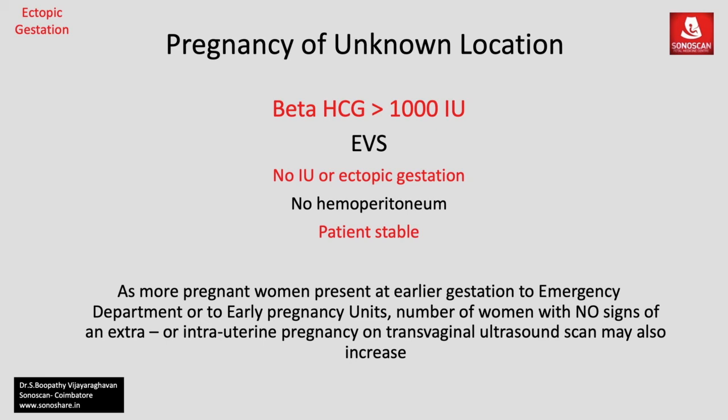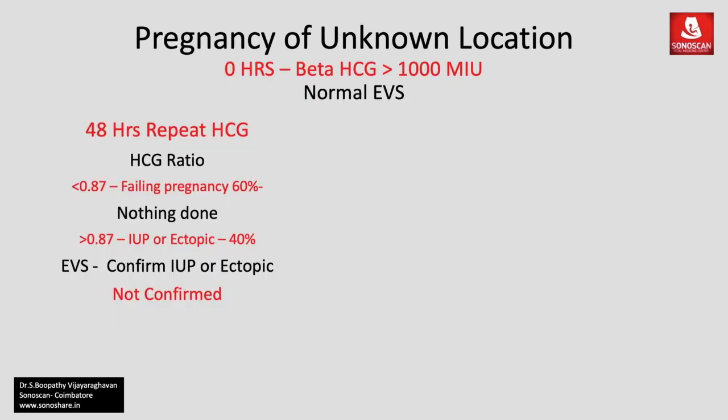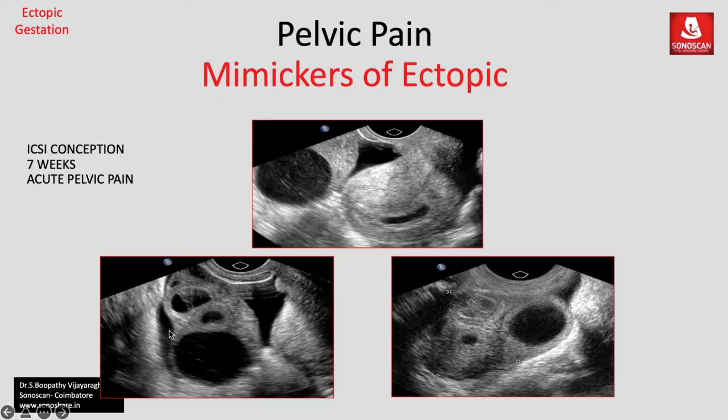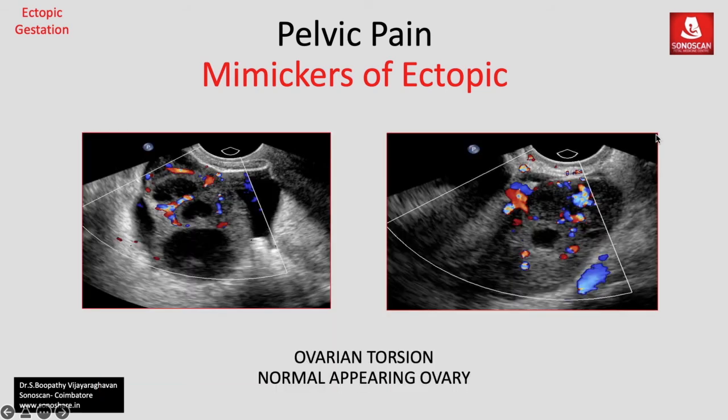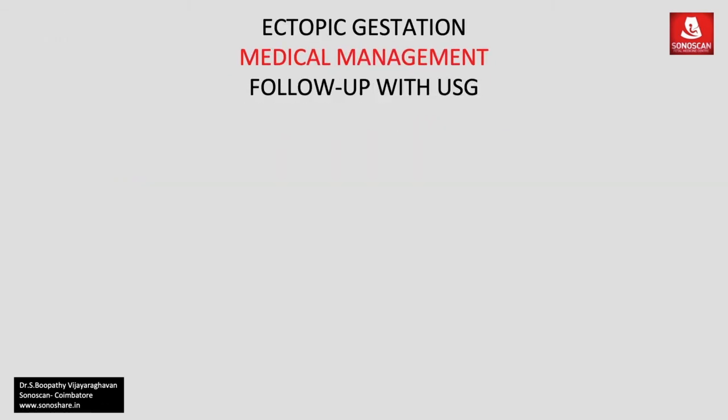So there is an increase after 48 hours, a doubling of the beta HCG. So the HCG ratio is 2. Suppose it is not confirmed, either of them not confirmed, then you repeat HCG after 7 days. In an ovarian ruptured ectopic, the differentiating points are that you see the stimulated ovaries, and this ovary's appearance is heterogeneous, and on color Doppler you see